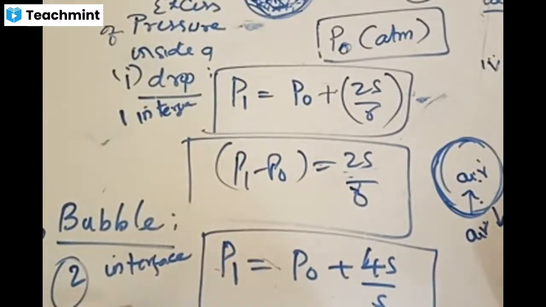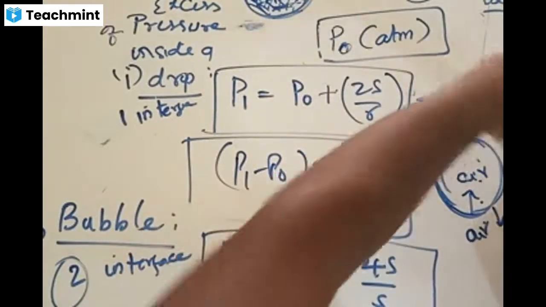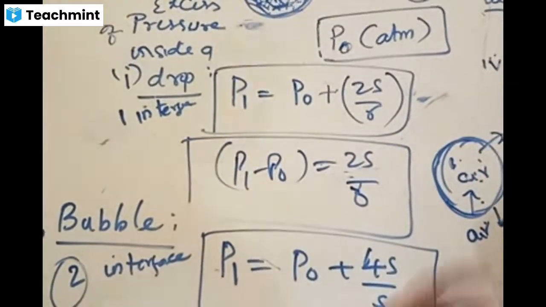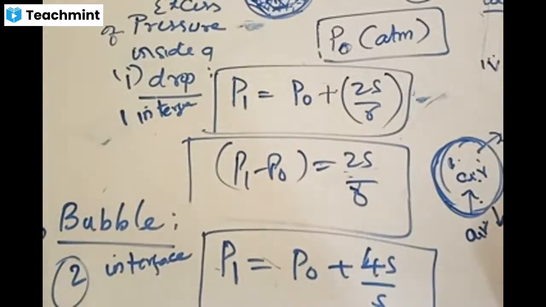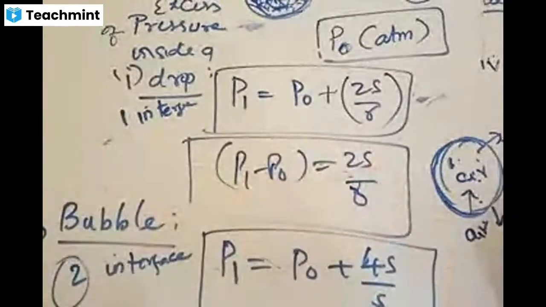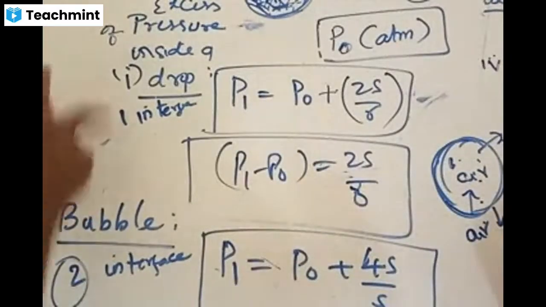A bubble is a two-interface device. Inside that bubble you'll find air, outside also you'll find air, but two kinds of air, separated by some kind of closed surface. This is what we call a bubble. A bubble is going to have the surface tension of the soap solution. Sometimes you take soap solution, sometimes shampoo solution, sometimes liquids specially designed for this. Some chemicals can be used to get this kind of soap bubble. Unintentionally, we also get some water bubbles. For a bubble, inside and outside it is empty space, and only that layer exists. These are two things, drop and bubble.